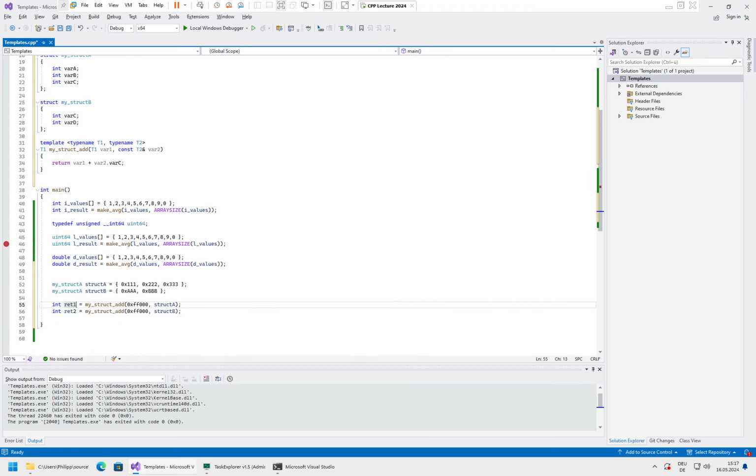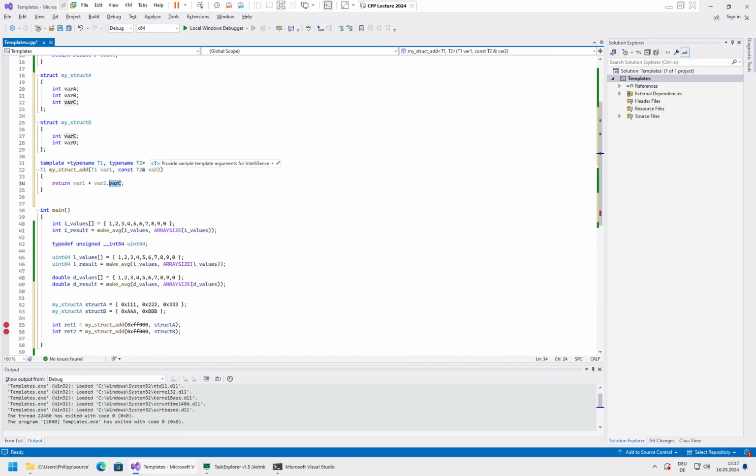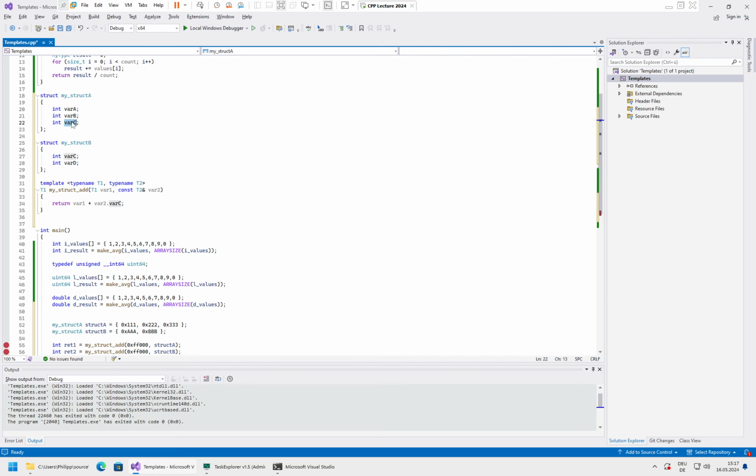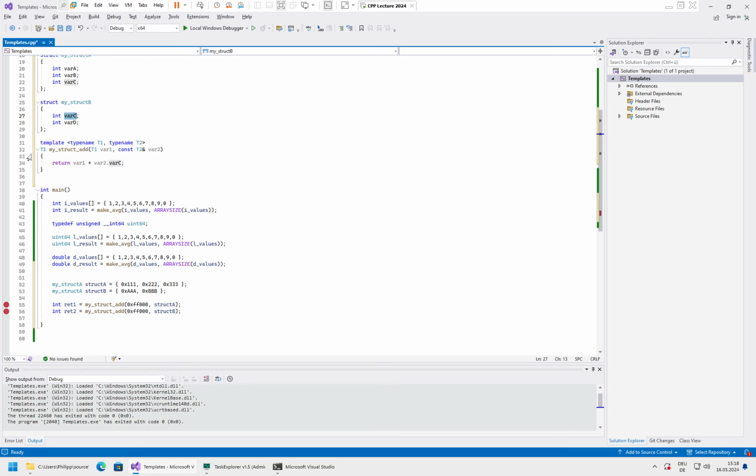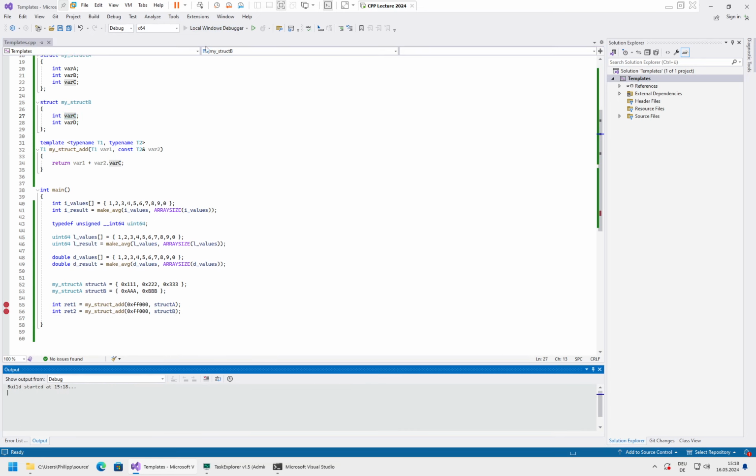and as you see, the compiler is not complaining because it creates two independent implementations of the function, one for struct A, the other one for struct B, and the only thing that really is a requirement is that the variable name which we have here for our complex type still exists. It doesn't care about anything else. So if we run it,